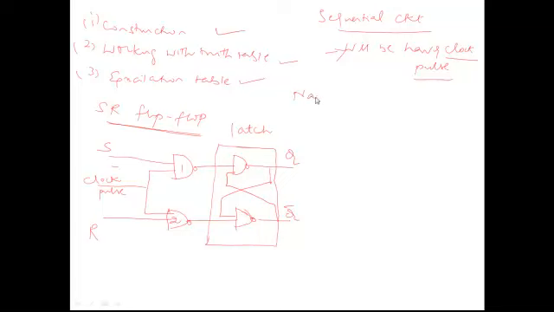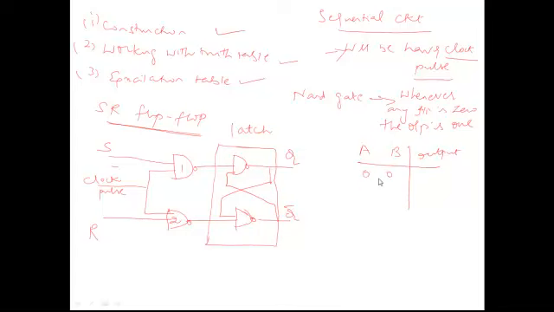So what is this basic NAND gate operation? Basic NAND gate operation will tell you whenever any input is 0, the output is 1. Okay. Whenever any input is 0, the output is 1. So you just see, say for example, if you are having a two input NAND gate, A and B are the input and this is the output.